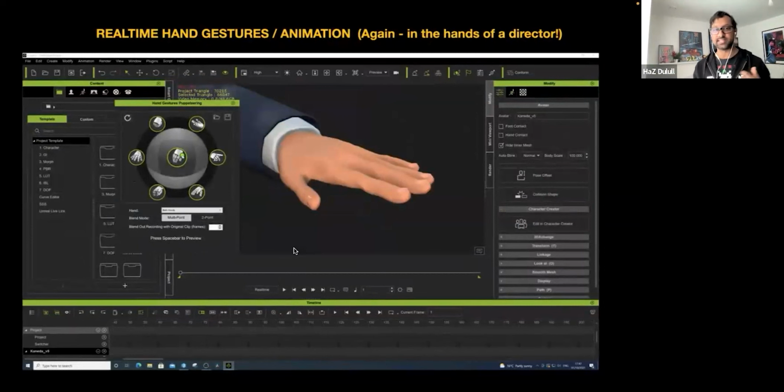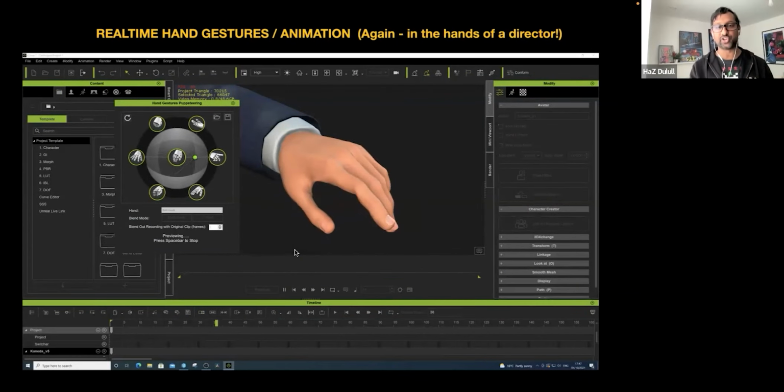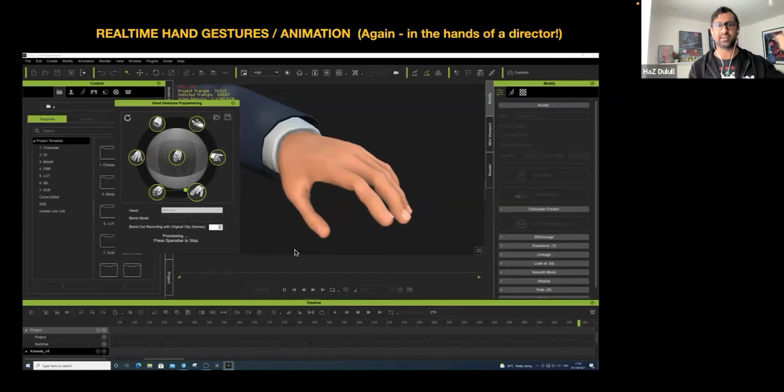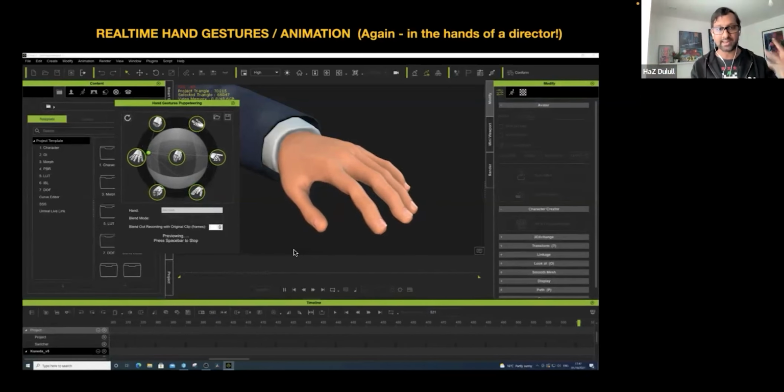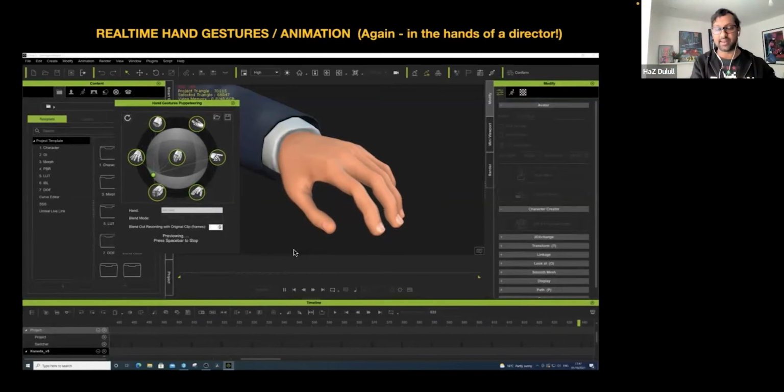Hands is a good one. So obviously you saw them behind the scenes. Gabriella had the Manus gloves, which are great. But sometimes as you're doing the shot, you realize, oh, I don't want him to hold a gun anymore. I want him to hold a katana sword. I'm not going to go back to Gabriella and say, hey, can you do more hand captures for me? I mean, that's a lot of her time to set that up.